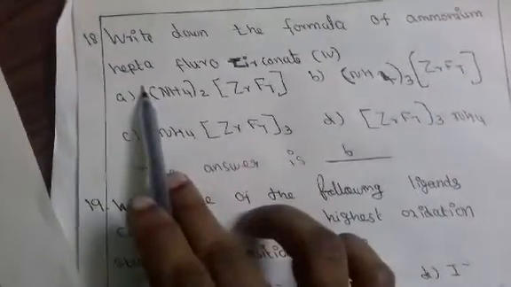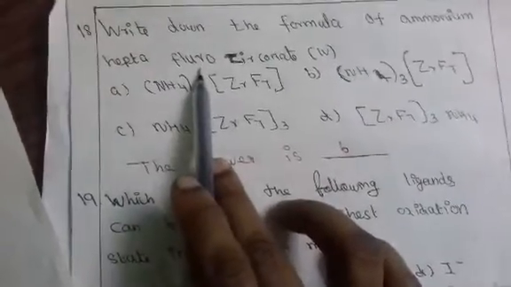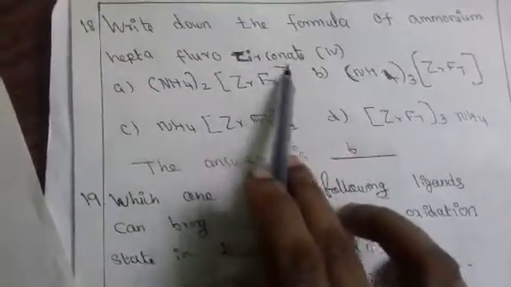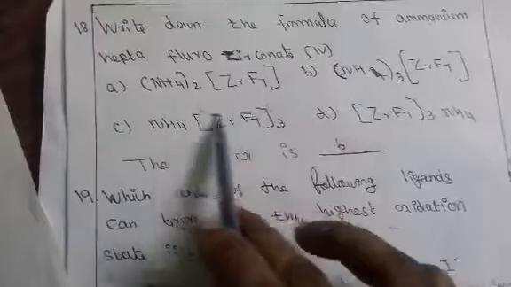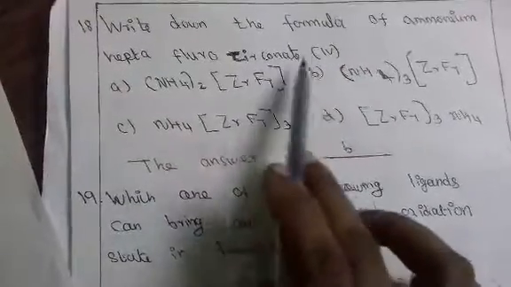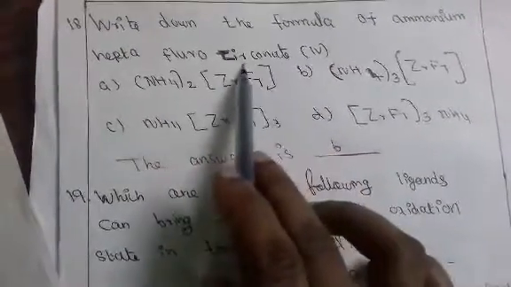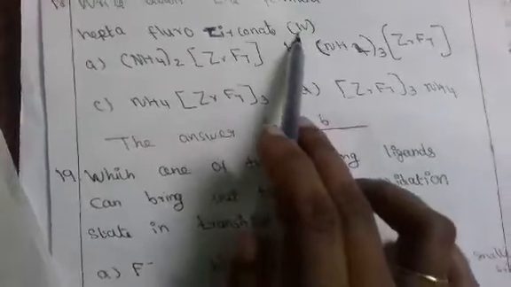So here you have to see ammonium; hepta means 7, fluoro means fluorine F7, and zirconate means it is an anionic complex, and the charge of the zirconium is 4. So the second answer is the correct answer. In the same way you can check the other options; this one does not contain charge 4.